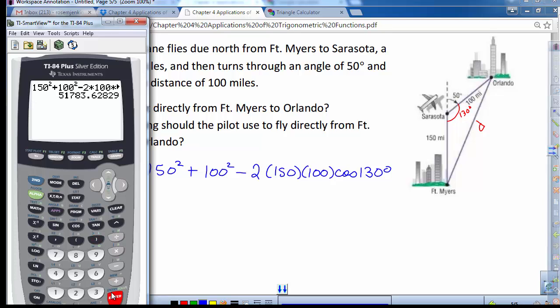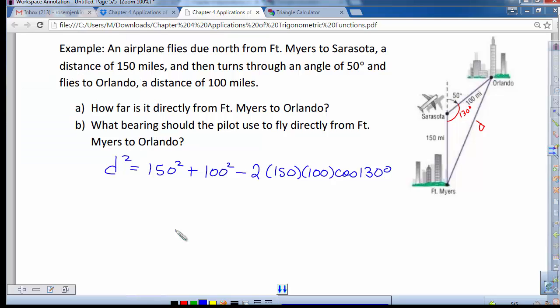And we get the squared value. So I'll go ahead and take the square root of that. And I get 227.6 miles approximately. Okay, D equals 227.6 miles approximately. Now the next question is, what bearing should the pilot use to fly directly from Fort Myers to